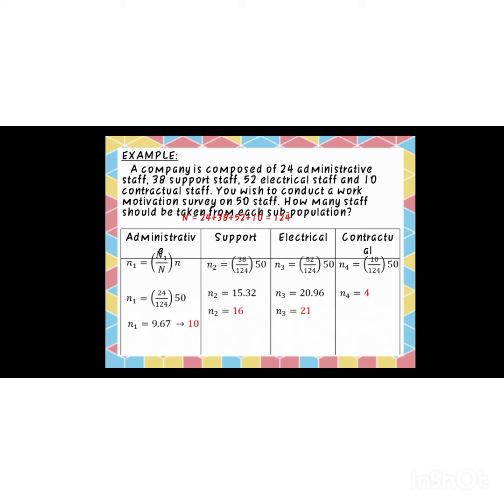Pag na-add niyo na po yung mga lahat ng subpopulation, isosolve niyo na po siya. Okay, so for example, ngayon, nahanap po yung n sub 3. So, kukunin niyo po yung value ng n sub 3 and then i-divide sa total population. Okay, and then after, i-multiply niyo siya sa intended sample size. Okay, so that will be your